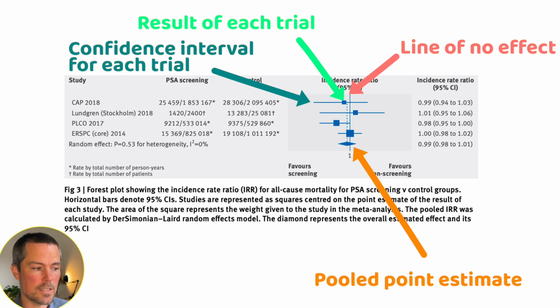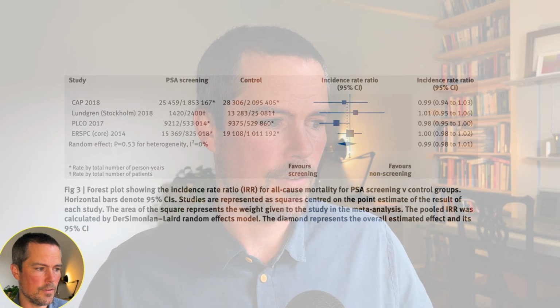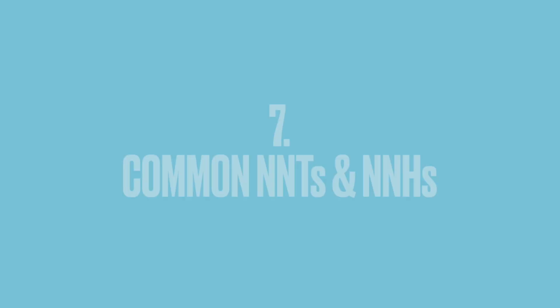And if this crosses the line of no effect, well, the outcome is not statistically significant. And then you wouldn't even go on to consider whether or not it is clinically significant. It's not statistically significant. So in this case, from one systematic review from 2018, which is now 7 years old, prostate cancer screening did not improve all-cause mortality. All therapies